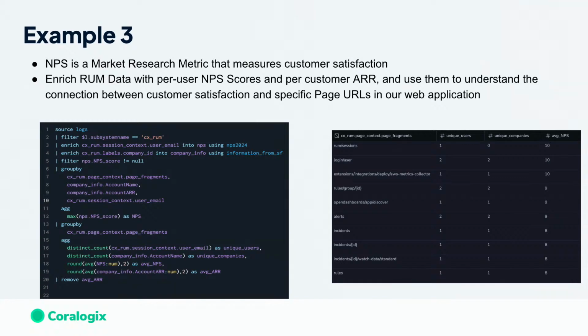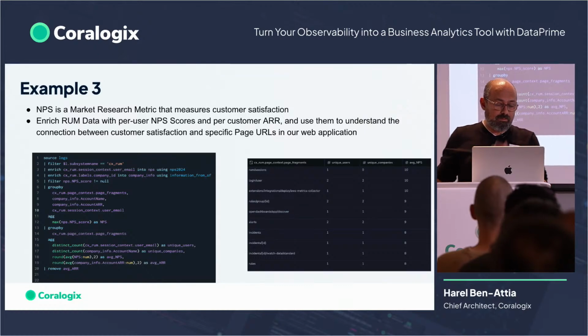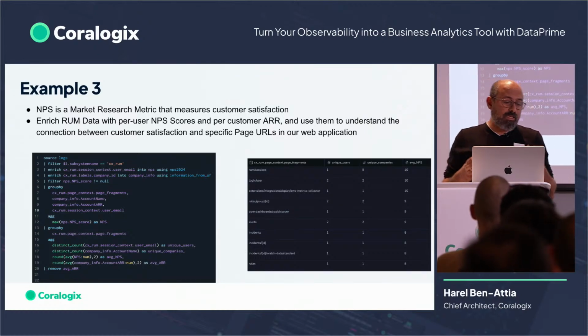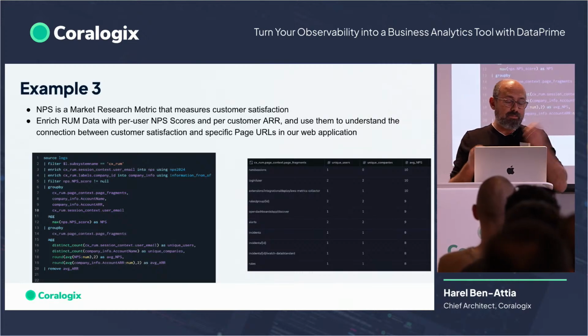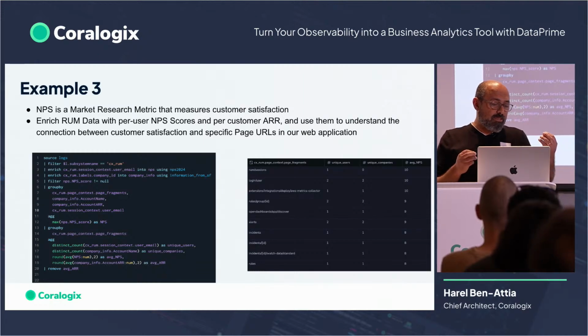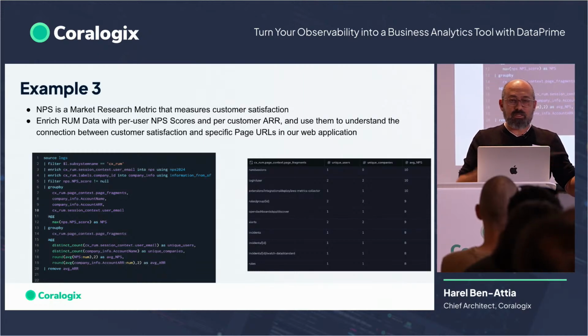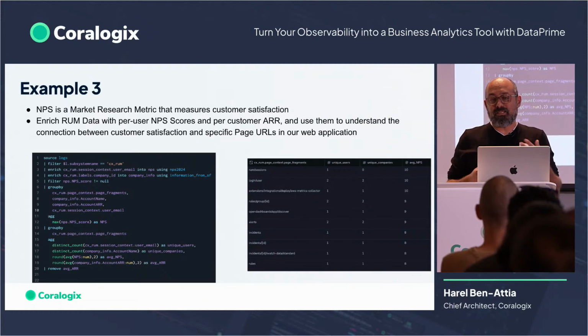You do surveys, and each user email is attached to a score. So I've uploaded NPS data into a data set, and what we are trying to do here is to connect and enrich the RUM data with per user NPS score, the NPS scores that they actually gave, and try to find a connection between the customer satisfaction and specific page URLs that this user has actually played in